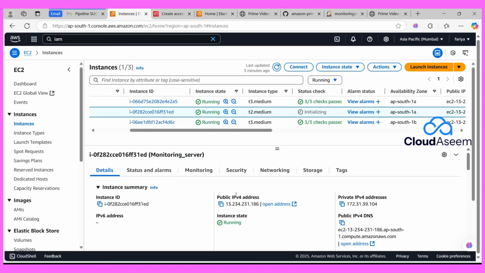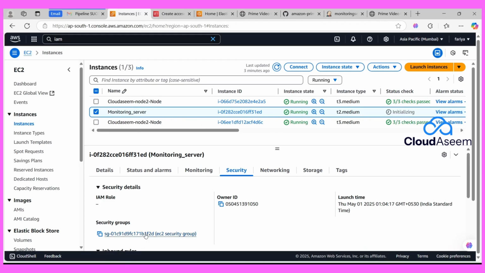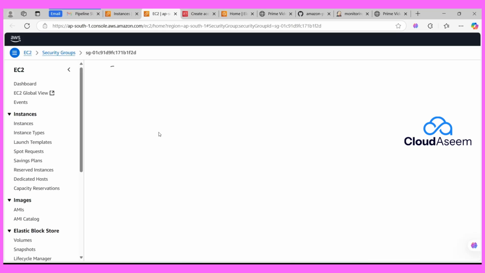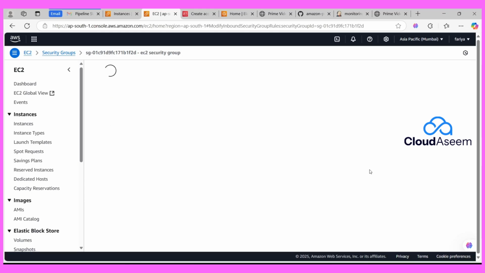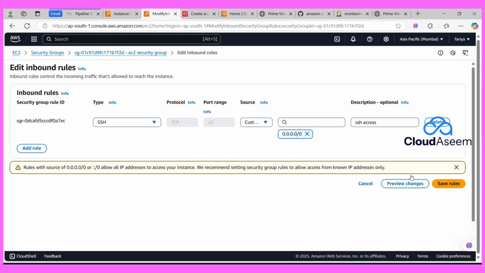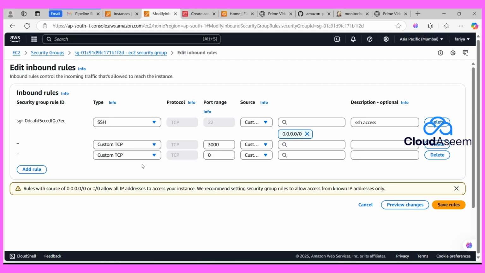Let me go to this EC2 instance, then security group, monitoring server, and let me open this in a new tab, and I'll be opening 3000 over here. Okay, so edit inbound rule. Let me add a new rule of 3000 over here. Then add one more rule of 9000,